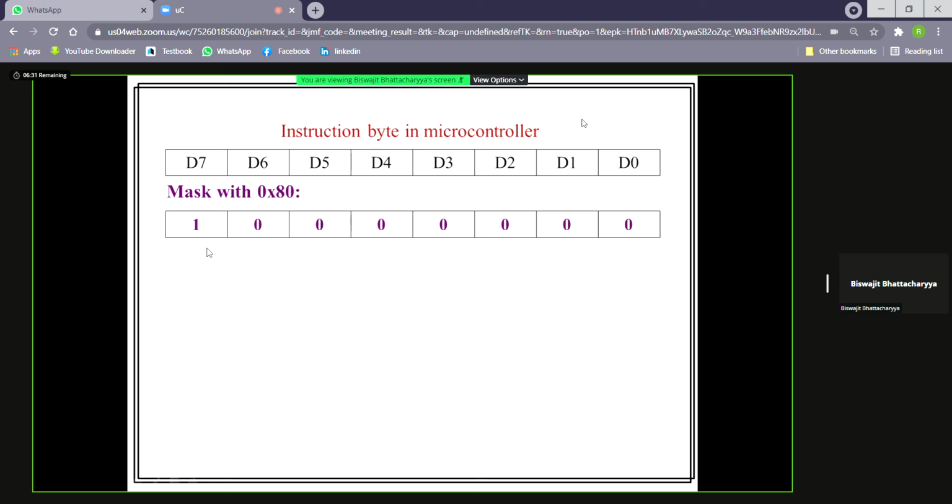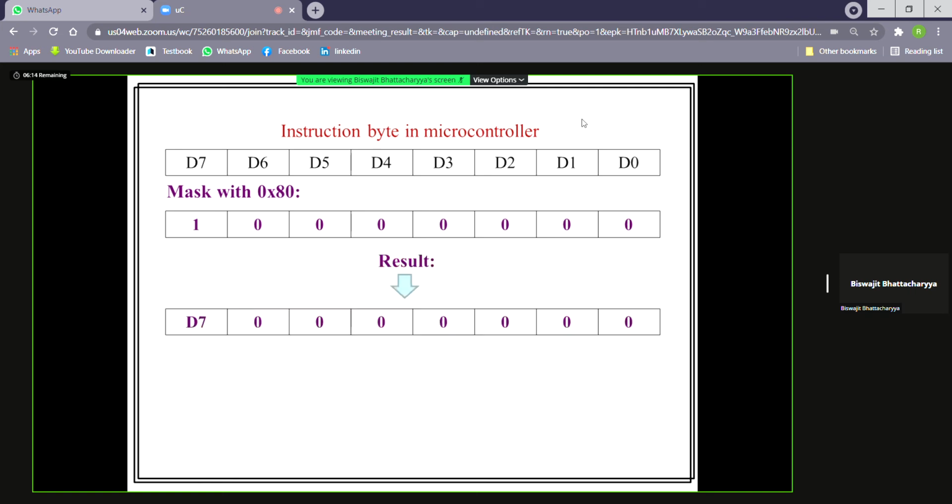So what will be our masking byte? 1 0 0 0 0 0 0 0. So this is effectively 80 hex. So when we apply the AND operation with 80 hex, our result will be: D7 into 1 is D7, and the rest of the bits into 0 will be 0.